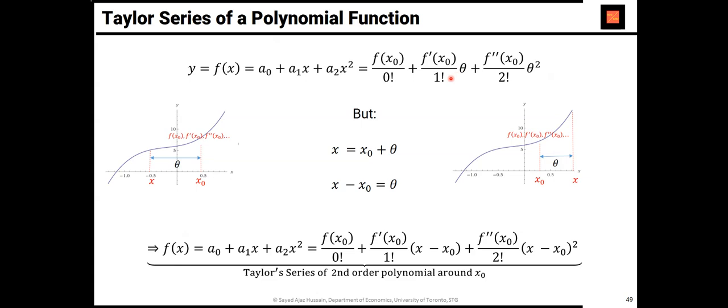But remember that theta was x minus x0. Stick those in, and voila, you have the information. I want to approximate a function by a second order polynomial. I have to guess the coefficients a0, a1, a2. Well, a0 is the value of the function at x0 divided by 0 factorial. Then the next thing over here is f prime, sorry,